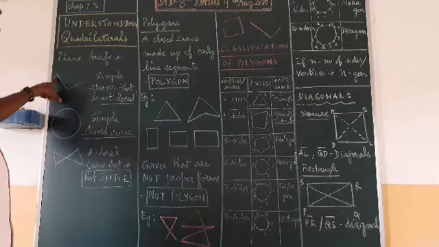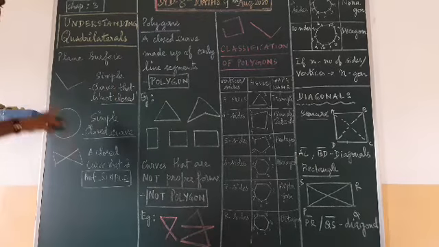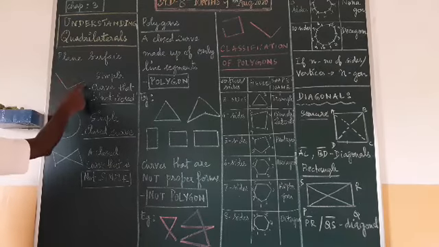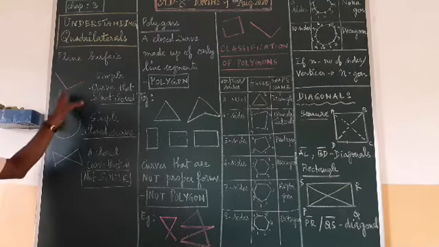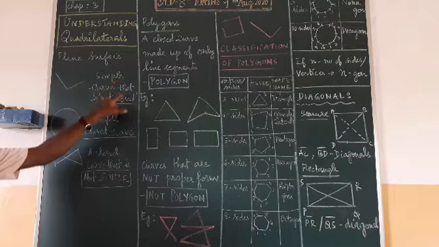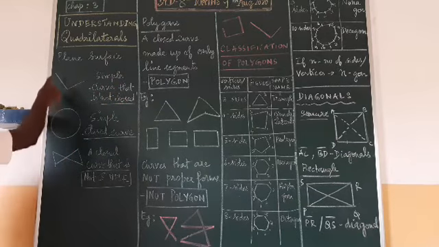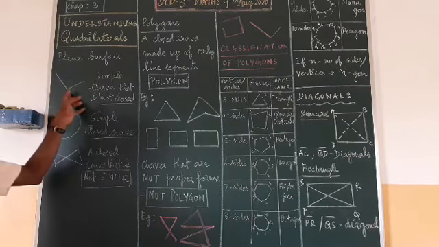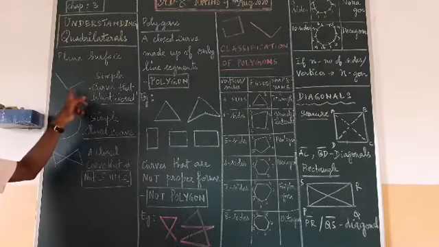Suppose I am drawing one line like this. See, one L shape I have drawn. This is a point, this is a point. It is not closed here. So this kind of line is called a simple curve that is not closed. That means it is not ending here. Only one open line is there, or open curve they will call it.